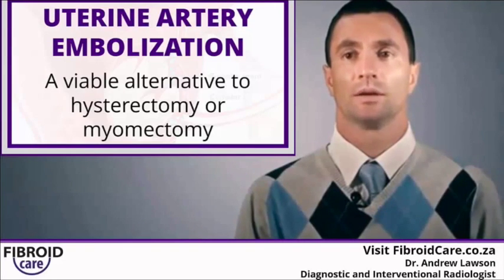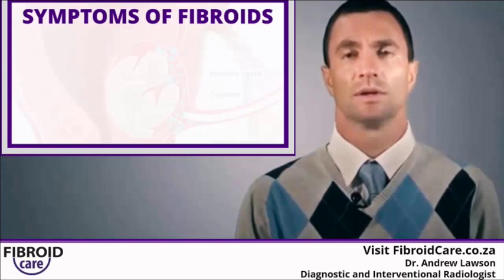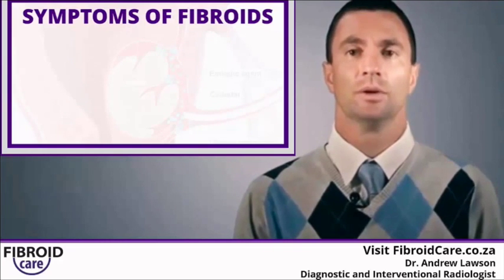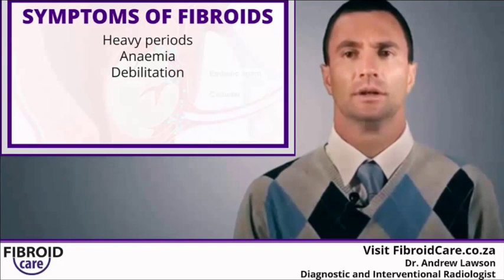Fibroids are common, benign growths of the uterus. They actually start from a single muscle cell in the uterine wall and can grow and cause symptoms by either affecting the lining of the womb, in which case they cause heavy periods, anemia and debilitation, or they can cause